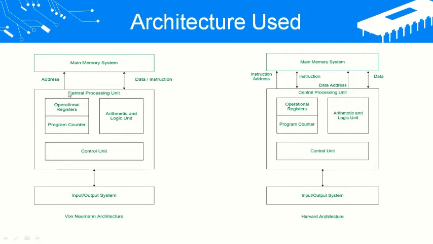So this is the main memory, this is the address bus, and this is data transfer. This can communicate in both ways. This is a single way to communicate. And this is our CPU: operation register, program counter, ALU. That is basically where our calculation happens, and this is our input output system architecture. This is fast processing. It's a complex thing. It's an easy thing, but this is preferable as compared to this one.